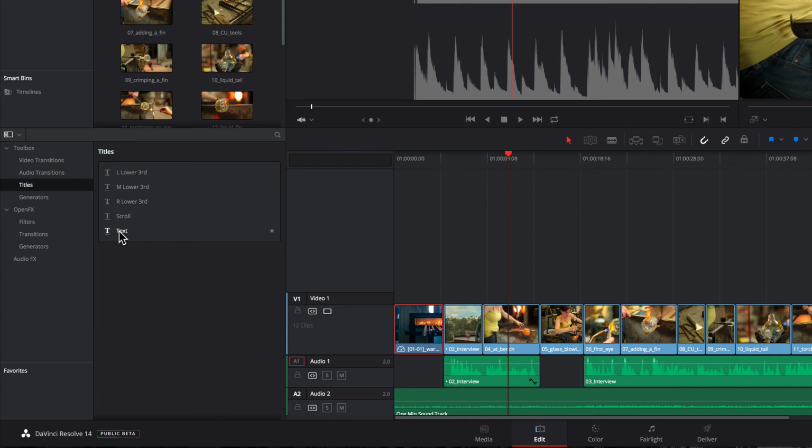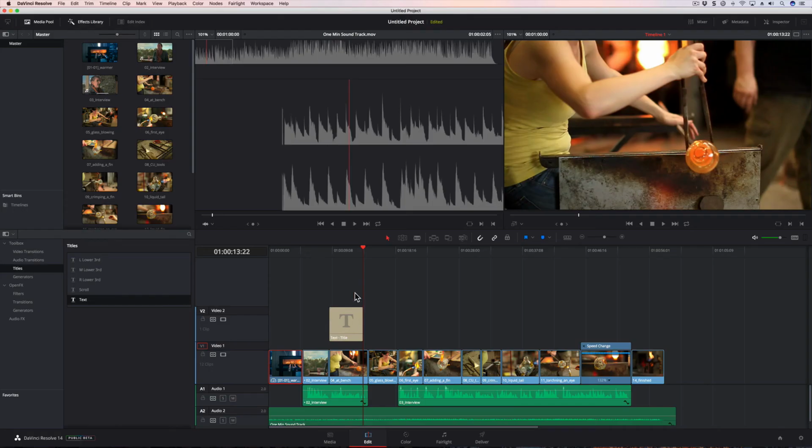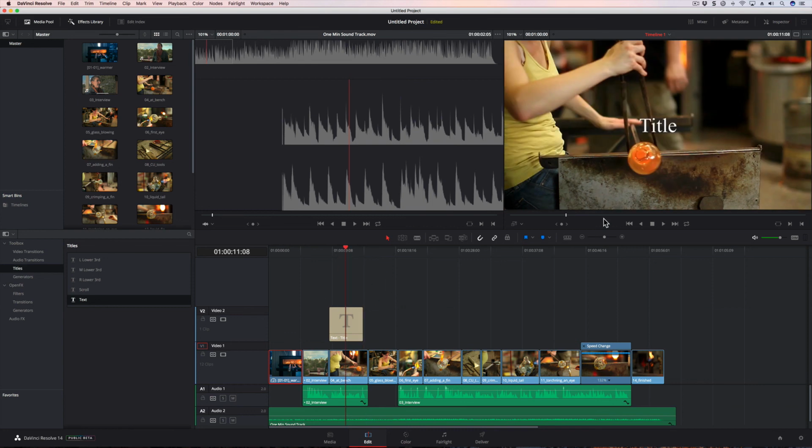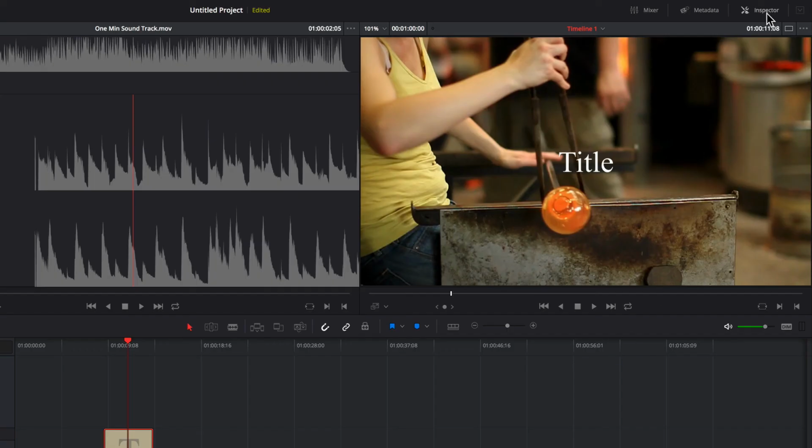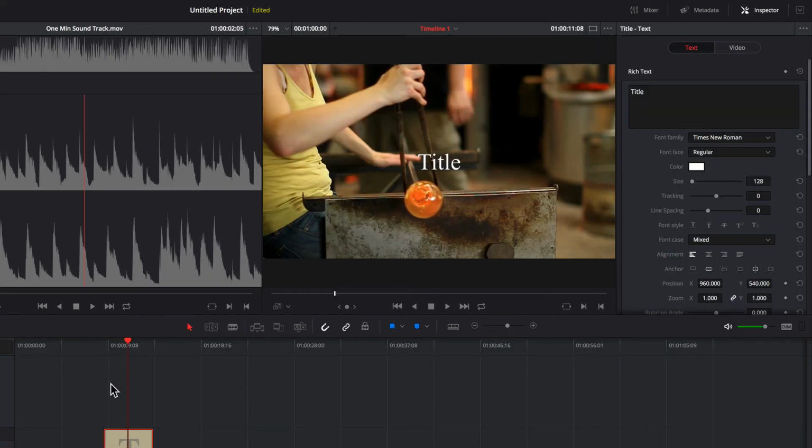We're going to choose the basic text template, and the way you deal with titles is you add them first to the timeline and then you modify them. So we're just going to take this text template and drag it right on top of this third clip, and you can see now it is on top, and if we hover over it you can see the title in the viewer. But we want to get controls for it, so we're going to select it in the timeline first and go back up to our inspector, and now that a title segment is selected in our timeline, you get title controls